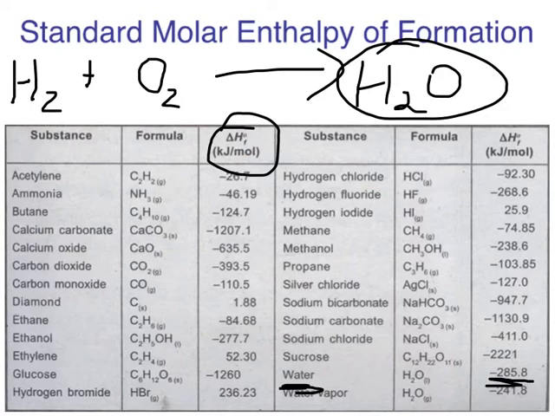My hydrogens are balanced, my oxygens aren't. So how do I ensure that I only have 1 mole over here? Well, I have to do something that I told you guys you weren't supposed to do. The only time you will be able to do this is in thermochemistry. Now watch this. If I put a 1/2 here, if I do that, I've now balanced this equation,